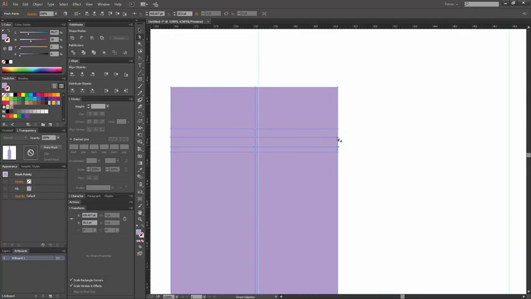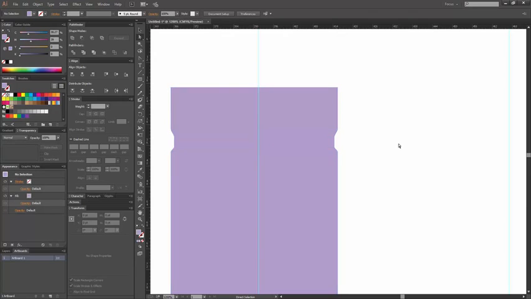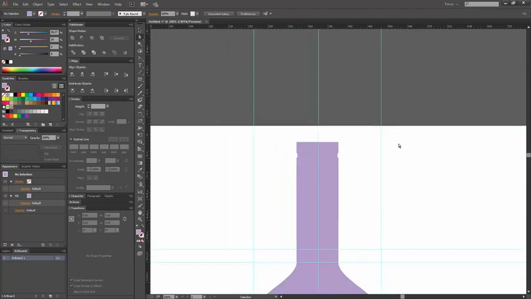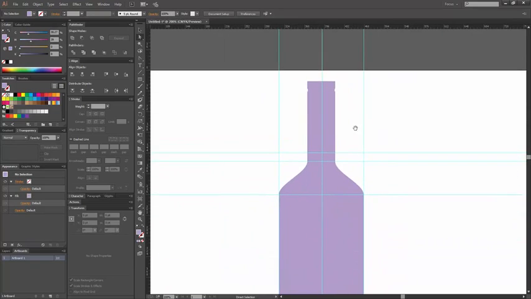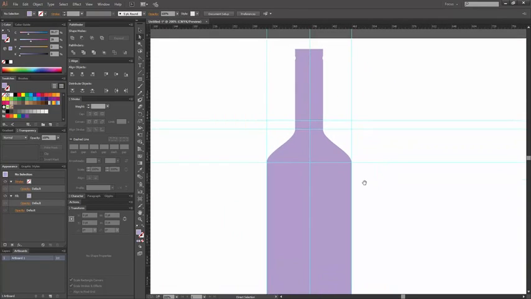And I'm going to select these, pull it in just a little bit. Let's see, that was only 1 over, so we're just going to move it in 1 over. We're going to select these 2 points, move them in 1 over, just to give the bottle an indent around the rim. Okay. All right, and now that we have the shape of the bottle,